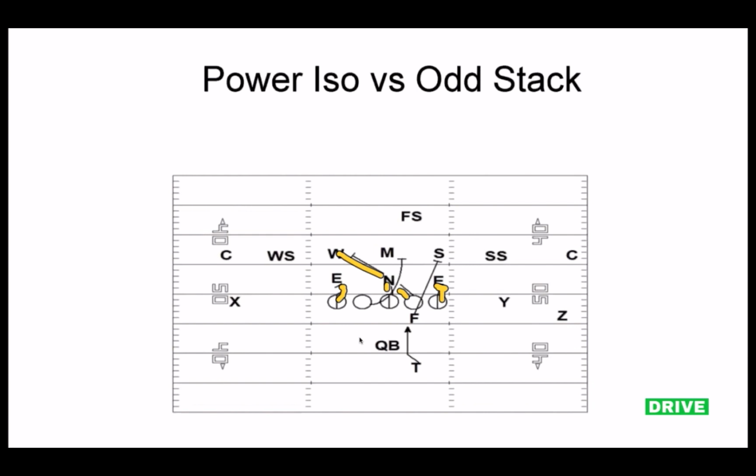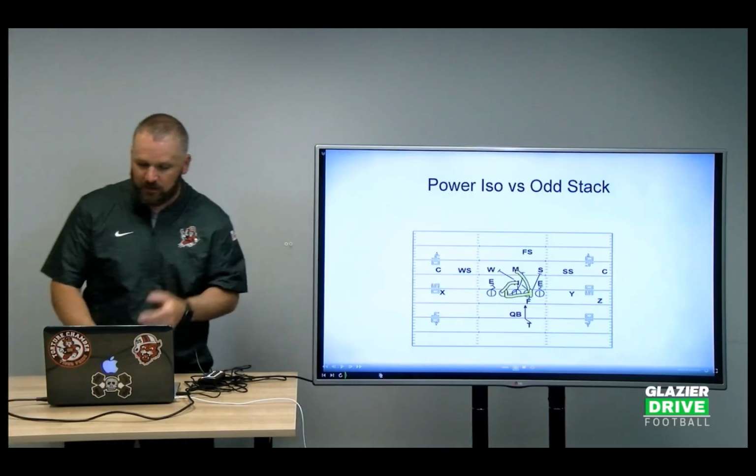And then on this play, the fullback is going to ISO number 1 in the box. He's going to ISO number 1 in the box. And then the guard's going to skip pull, and he's going to be just a little bit tighter, wrapping for the Mike linebacker. If that Mike linebacker blitzes and he's coming, obviously it'll turn into a trap, because that's the guy he's responsible for blocking. And typically when that's happened, the nose has gone away and it creates a big seam for us. So that's our power ISO.